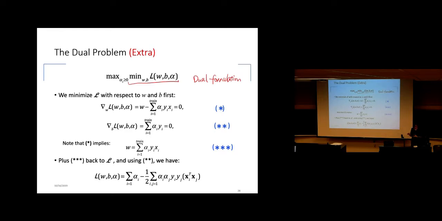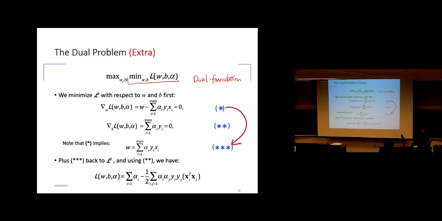To be more correct, this is the dual formulation, because in the primal formulation, I first maximize over alpha, then minimize over W, and then switch. I got the dual formulation where I first minimize versus W, and then maximize over alpha. So how do you minimize over W and B? Very easy. We had it before. Take the gradient, set it to 0. And you take the gradient, you set it to 0, you're going to derive